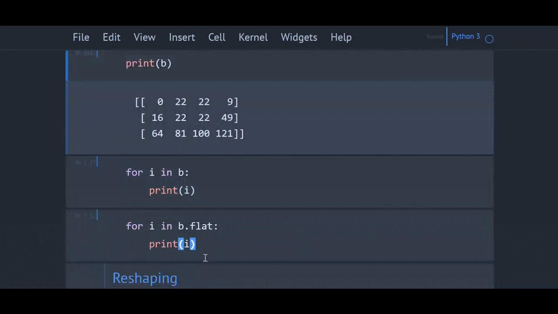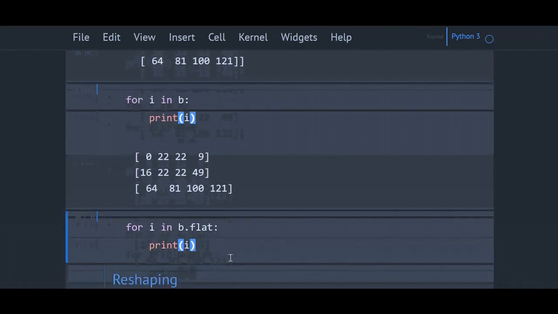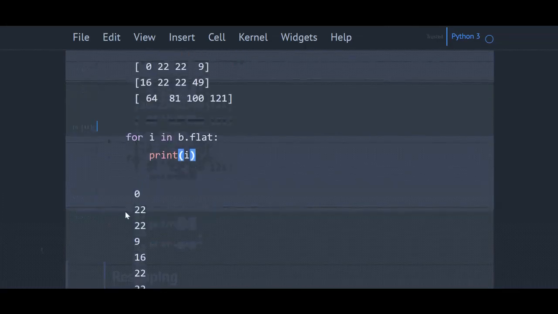Now let's see the iteration in two-dimensional array. Here I have given a for loop. This I will iterate through each row within the matrix B and will print the rows. You can see this is B. It is taking each row and then printing. Now if I want to get each element within the matrix, then you can iterate through B.flat. So here is the output. You can see each element within the matrix